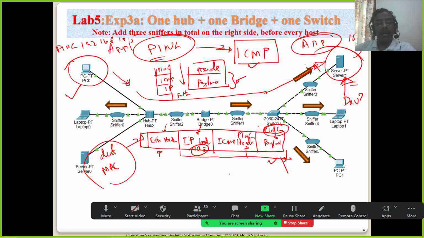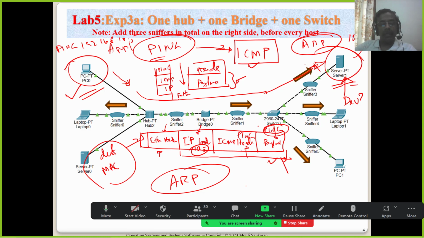Now the question is, how will this sender know the MAC address of this guy? That is where ARP comes into play. Maybe this is the right time when I can switch over to ARP and explain it to you. So let me